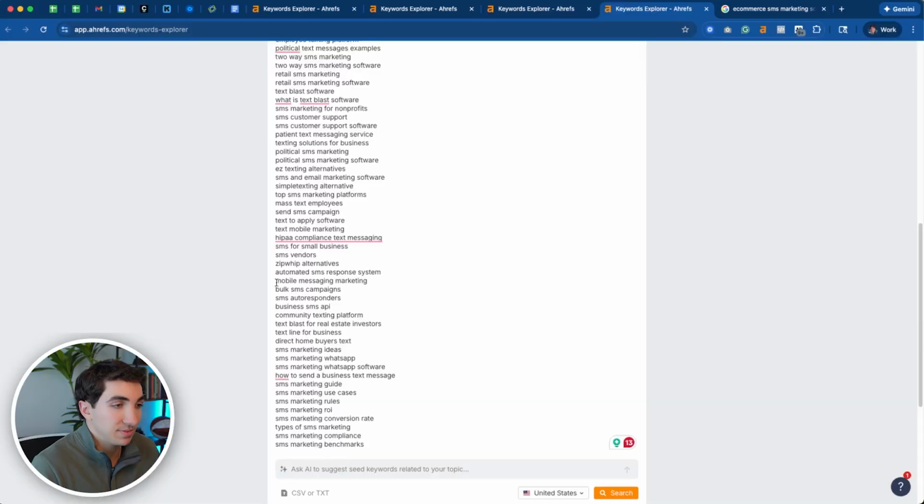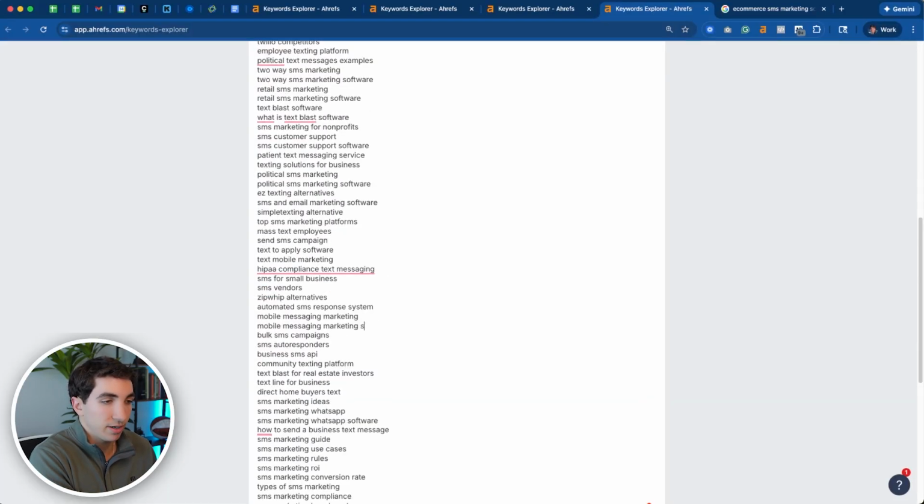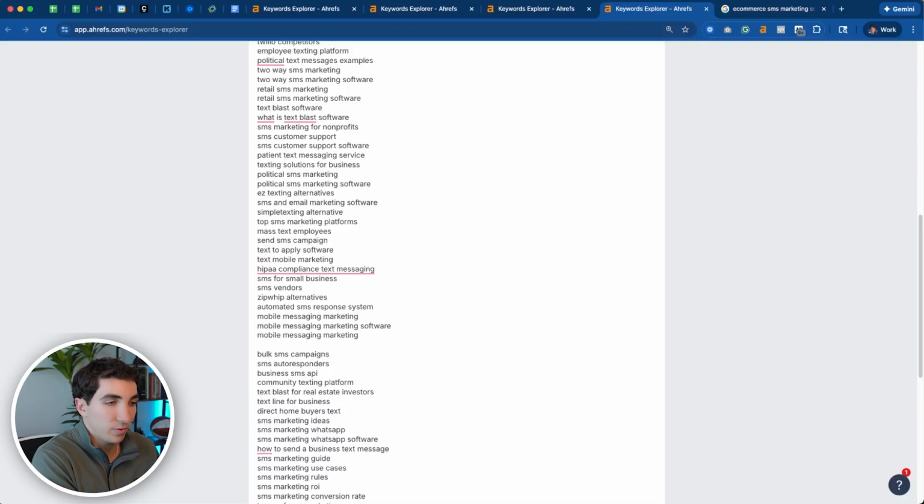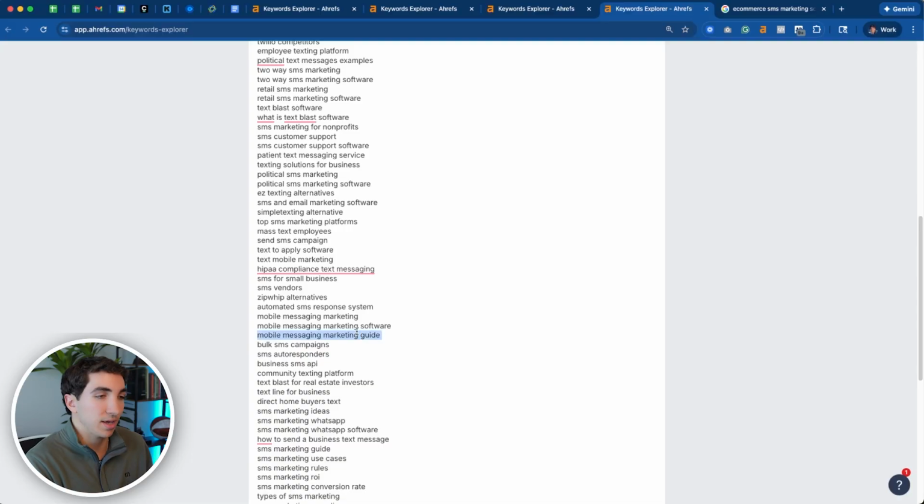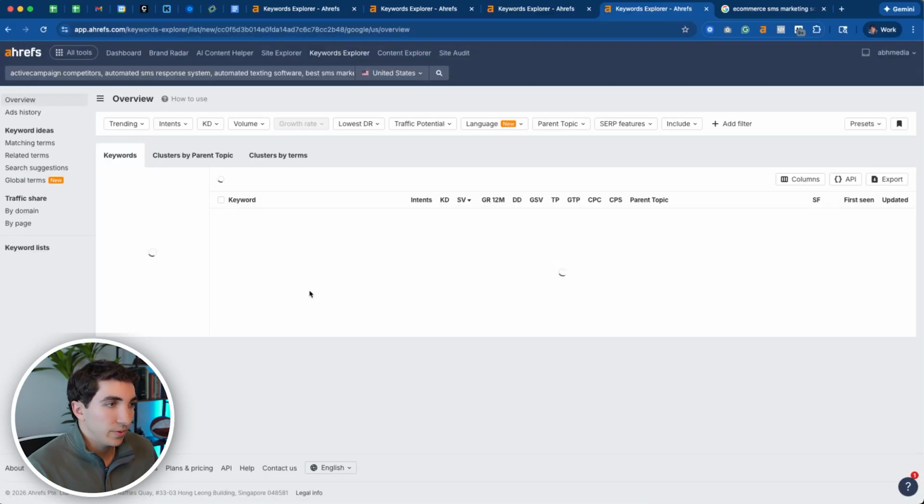So for example, wrapping them together, mobile messaging marketing could be mobile messaging software just like this, or even adding another one and saying mobile messaging marketing guide just like that. So this one might overlap with this one, just depending on what you can write about. Always make sure to check the search intent by actually searching up the keyword. All right, so if we hit search on this,